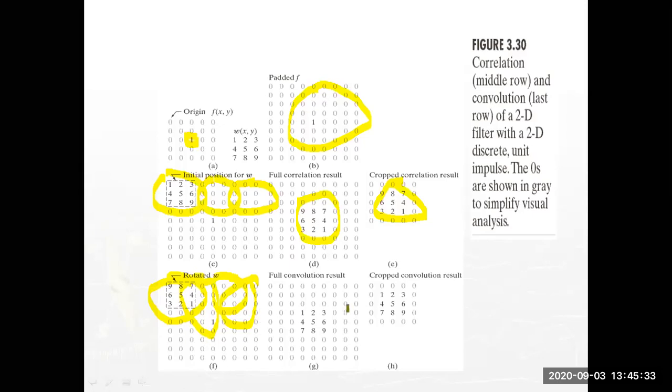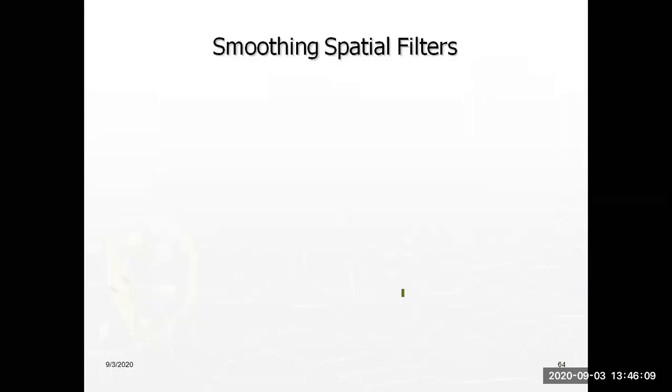Then we will again get values only at the center of your image, the same pattern, since in our original image there is only a value at the center. After the full convolution, again use the cropped version, like the cropped correlation process. We have cropped convolution. So this is the process for convolution or correlation of a two-dimensional image.